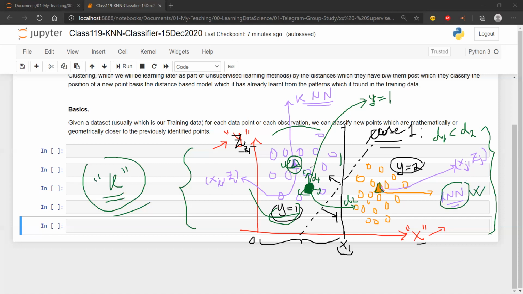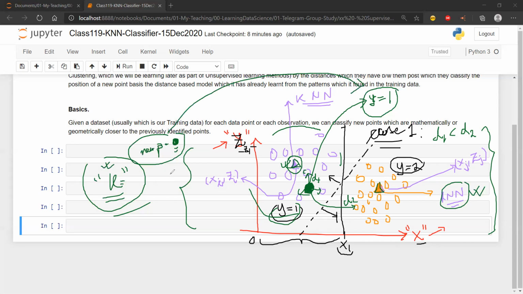But usually what happens is I'm going to define a k, and then it is going to say that for any new point, green, the new point that I have taken, let's say a point from my testing data or my unseen data, if this new point is closer to k number of observations or k number of points which already belong to one class, then I'm going to classify this new point as belonging to the same class, right?